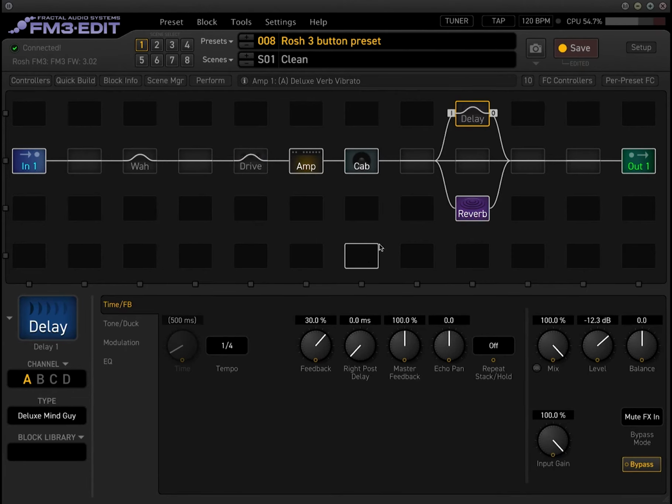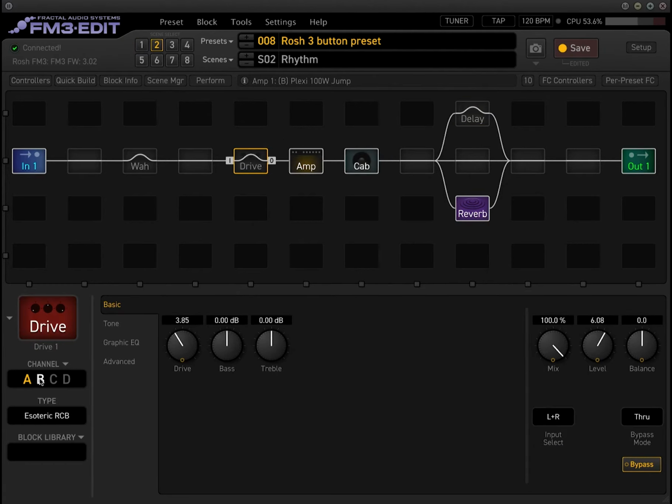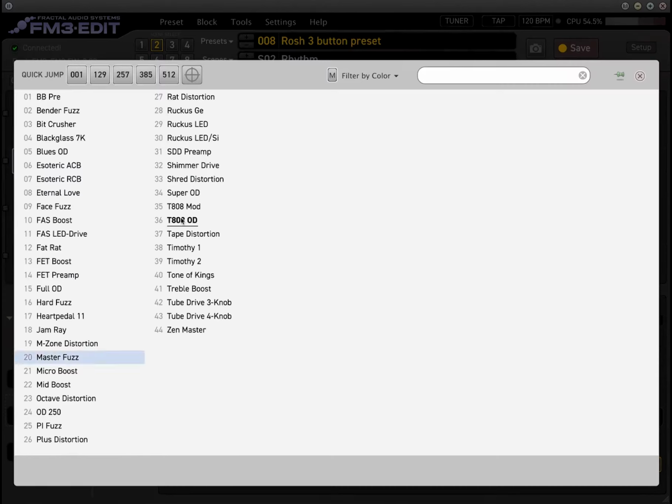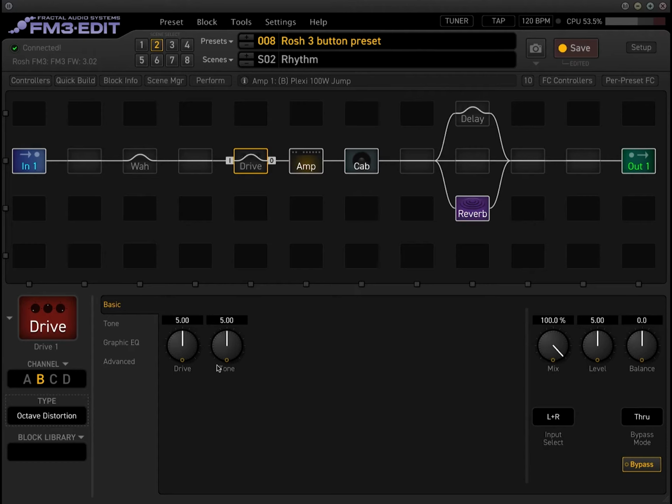Well, there's a lot of different approaches to this, obviously, but some of my previous videos covered that you can use tap and hold functions to access all these different sounds. So I'm going to just dial in some generic things. Maybe in the rhythm sound, we want an octave fuzz or something. So we'll use this octave distortion. So maybe if we're playing in the rhythm sound, we want kind of this Hendrix